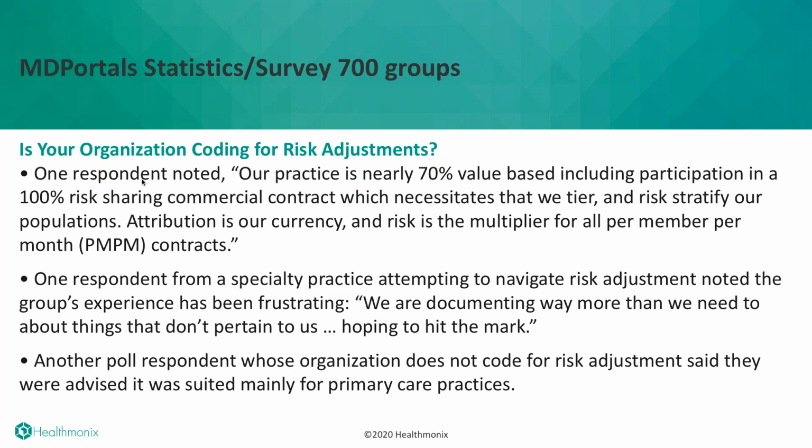Some of the comments we got back were really interesting. One respondent said our practice is 70% value-based, so we basically live and die by the attribution and risk multiplier for all our member per month calculations and contracts. One respondent from a specialty practice expressed significant frustration, and they're documenting more than ever, but they're not really gaining